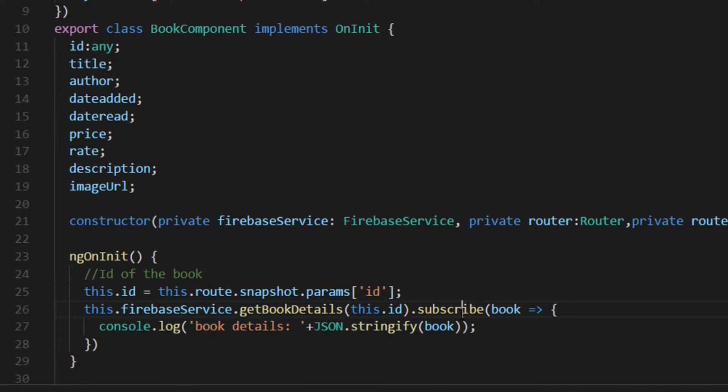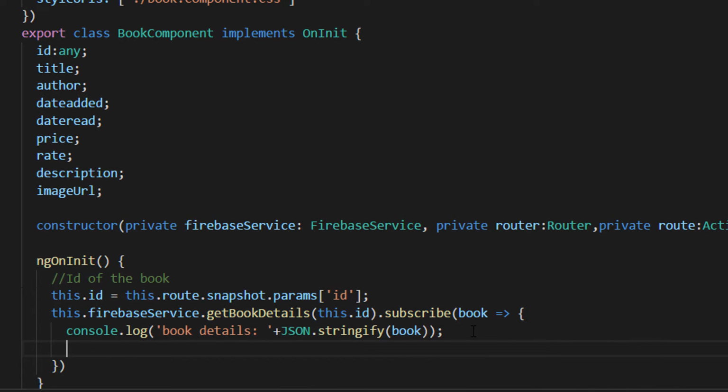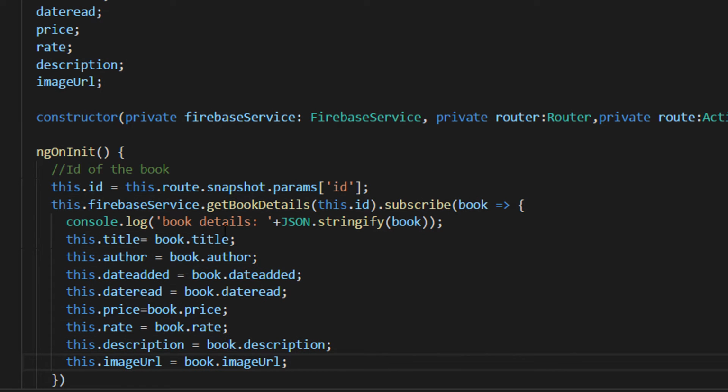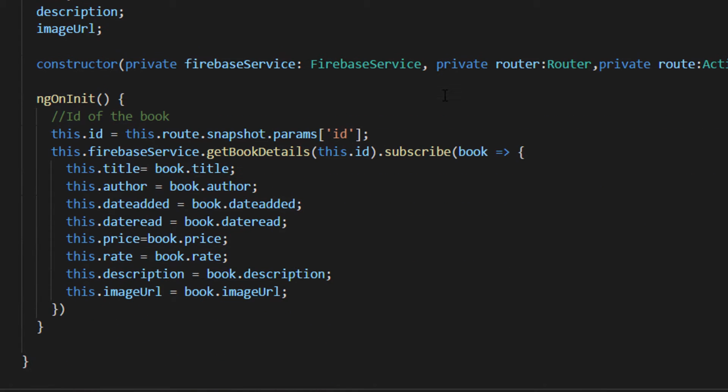So for that, go to the subscribe function, and inside here just write this.title is equal to the title of the book that we subscribe to. So book.title. The same way we write for other properties,